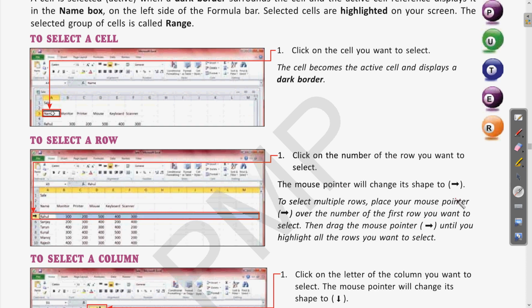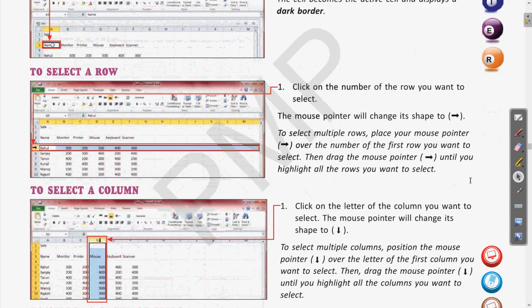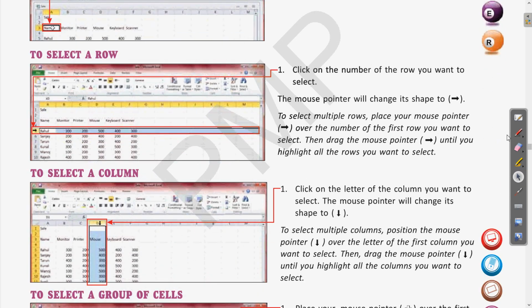In the same way, when you want to select any of the column, the shape will change to this symbol. Clear? So for a row, bring the mouse cursor to the left, it will become like this. When you move the mouse pointer at the top to the column header, the shape will appear like this. Let us see these and see how we can select this.